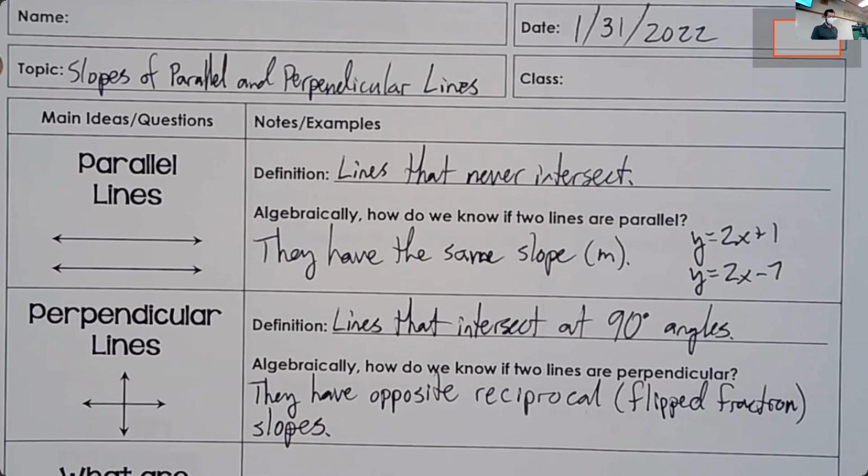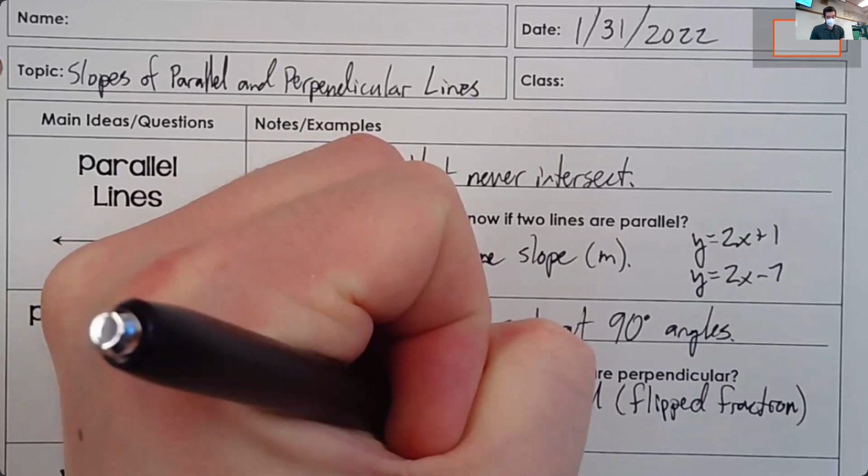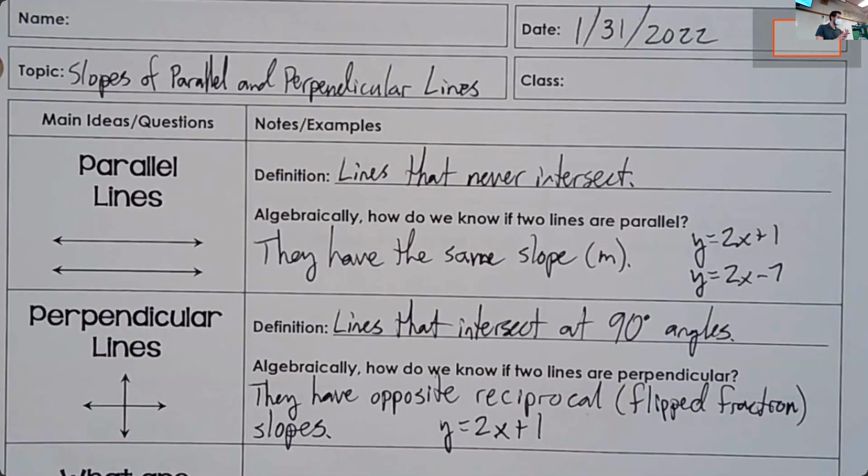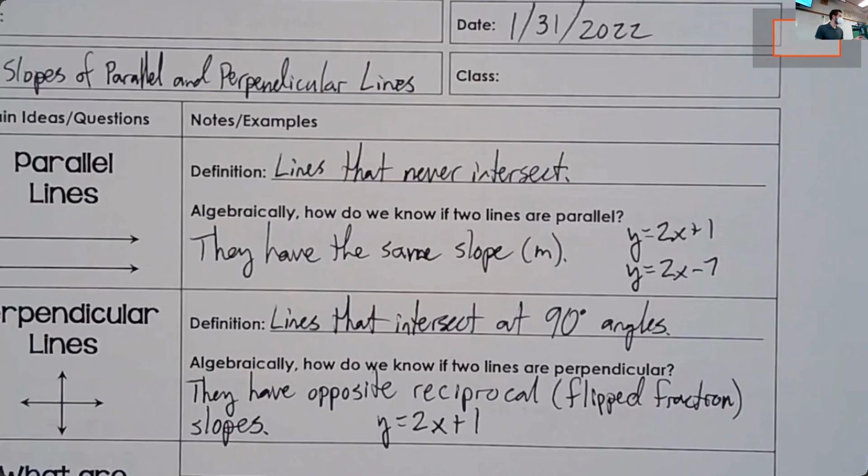So we'll do a quick example, and then we're going to run through different ways of determining if two lines are parallel or perpendicular, perhaps neither, depending on the slopes of two lines. So number-wise, parallel lines have the same slope. Number-wise, perpendicular lines have opposite reciprocal slopes. For example, if I have y equals 2x plus 1 as my first line, the next line that is perpendicular to it,